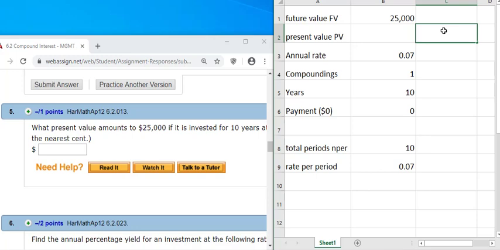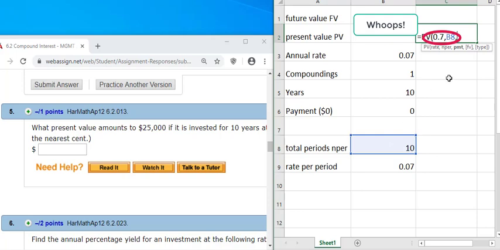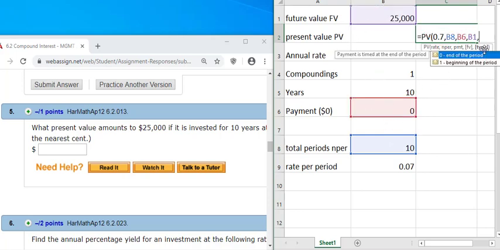Well, you're right. It is PV, but I need an equal sign to call it up. Equals PV. There it is. Returns the present value of an investment. That's the one I want. Rate per period, 7%. Okay, now I could, just for the record, type that in. But once you've got this all built, it's so much easier just to point and click. So rate 7%, number of periods is 10, payment, nothing extra, future value, 25,000, type, have it default to a